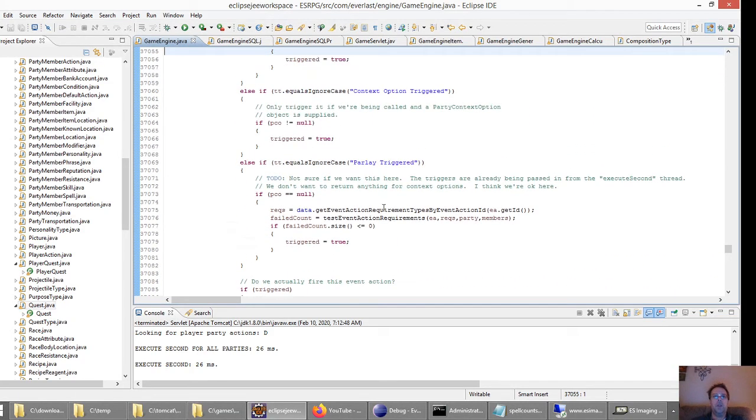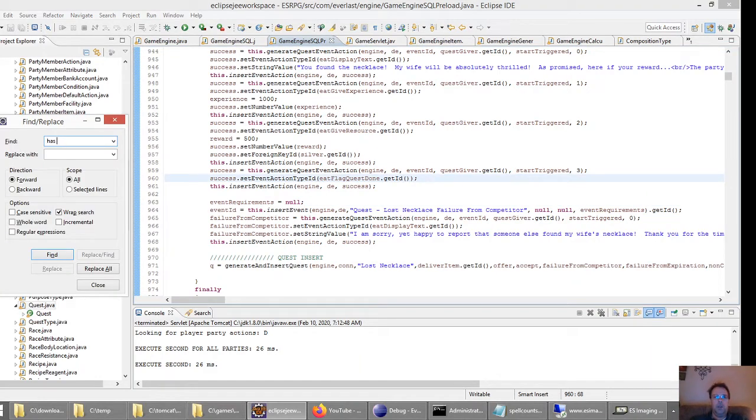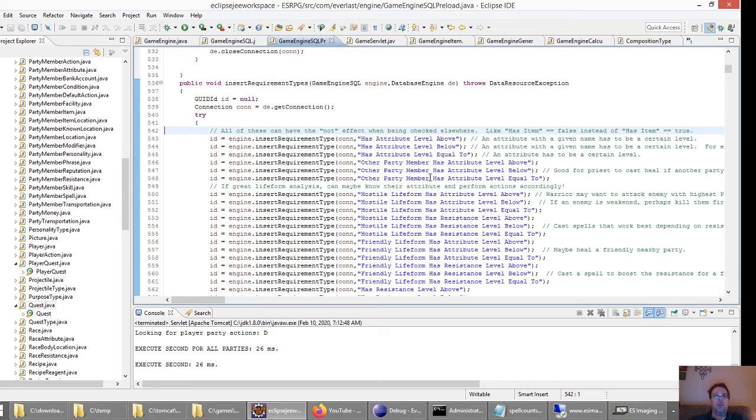So what it does is, if it is parlay triggered, this event, then it's going to get all the event action requirement types. Now a requirement type can be all kinds of different things. Let me just do a search to show you. So it could be all kinds of things, and I have to program logic for all this, but basically it